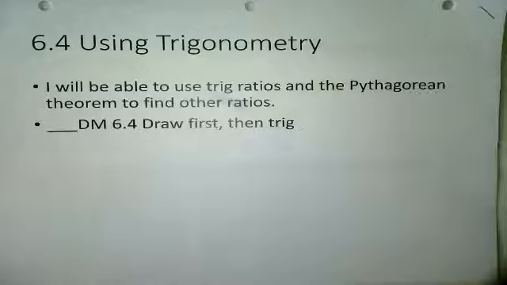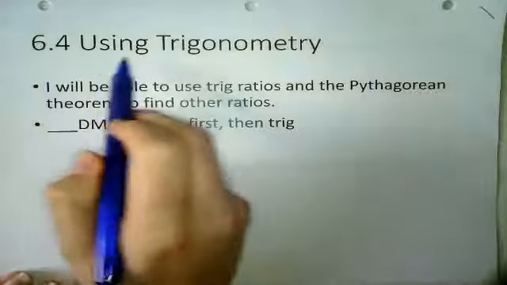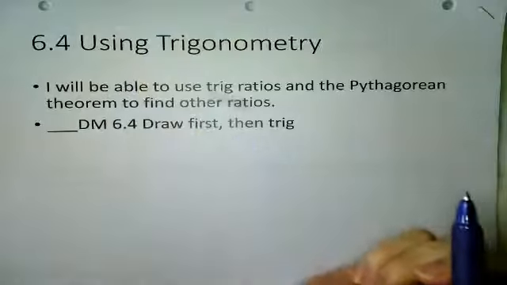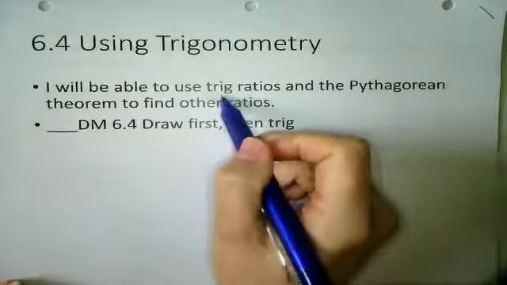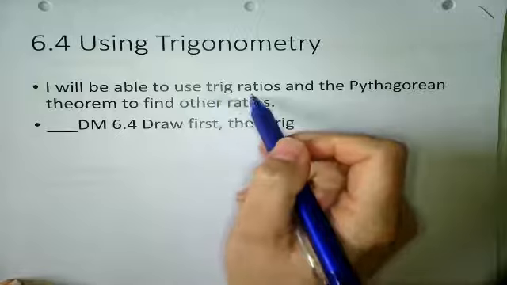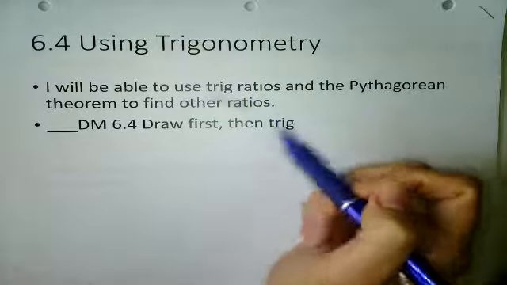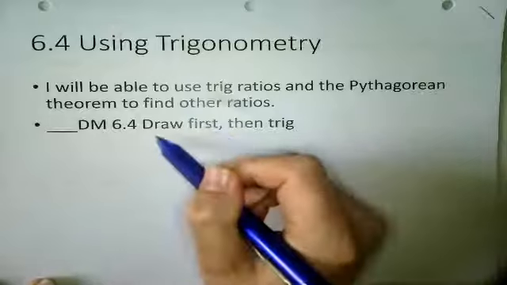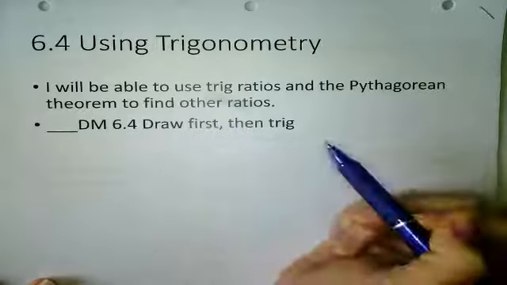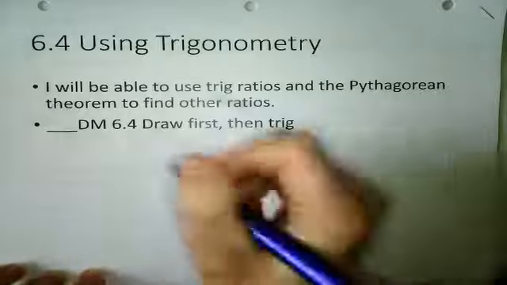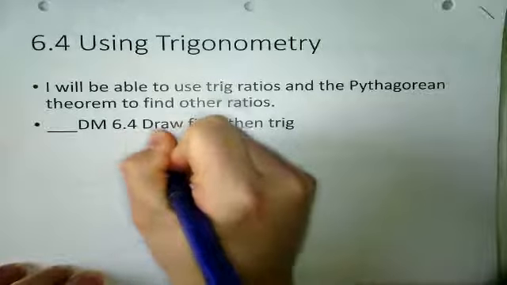All right, hello pre-cal. This is lesson 6.4, using trigonometry. So today you're going to be able to take a trig ratio, a trig equation, and use it to find other trig ratios. Today's assignment is called draw first, then trig, because it turns out that if you're given a trig equation,